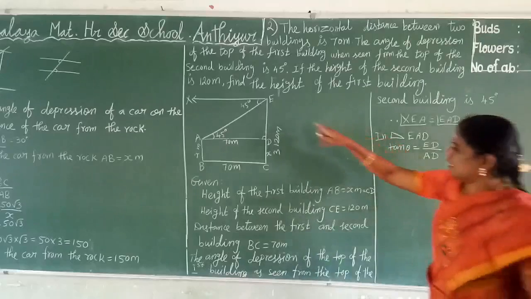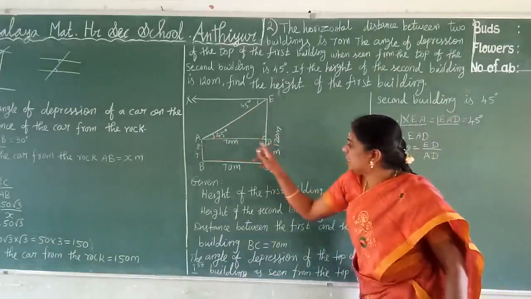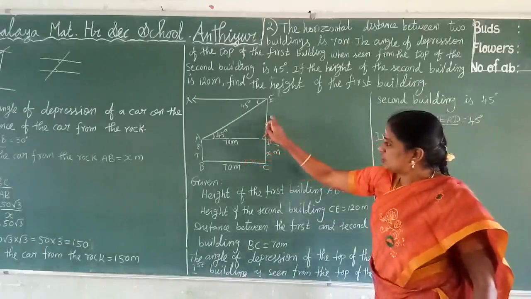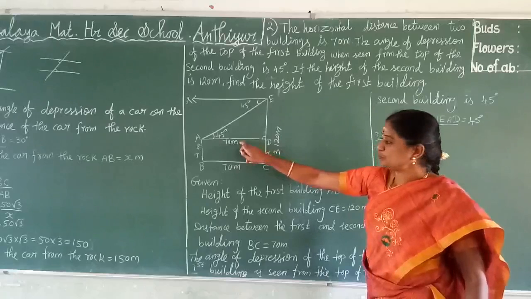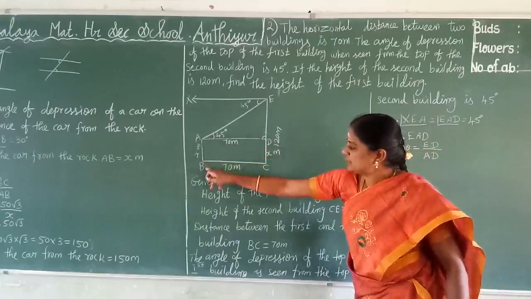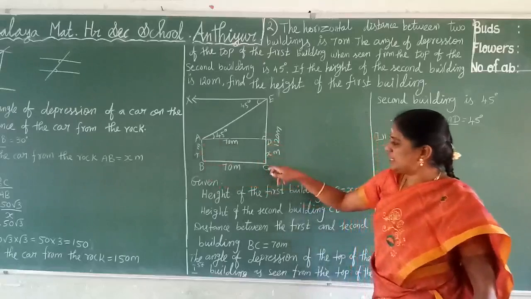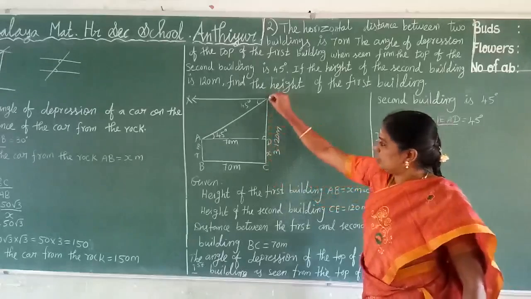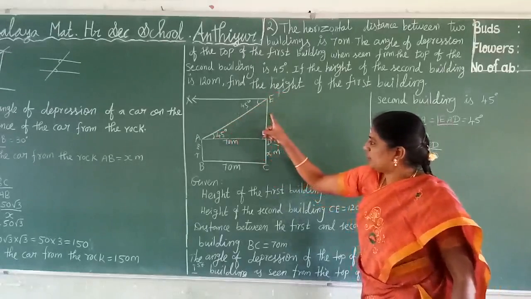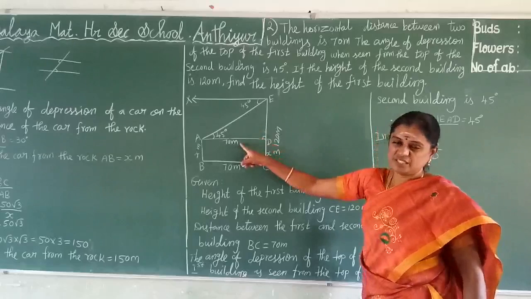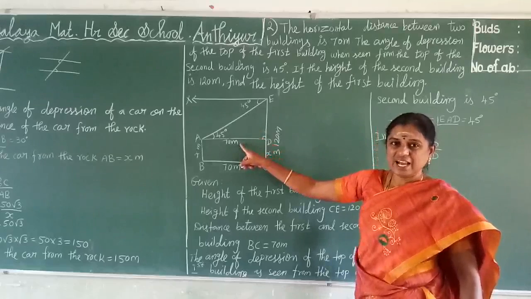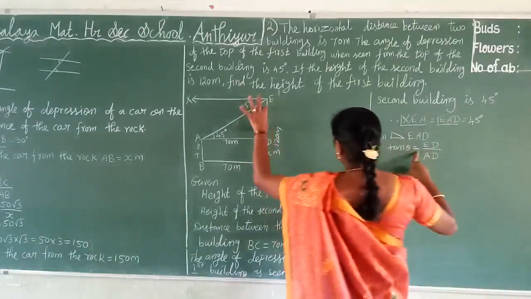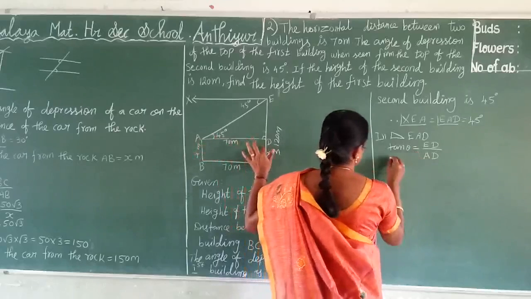Next we consider the right angle triangle EAD. In right angle triangle EAD, this is the opposite side, this one is adjacent. So you want to find this AB, which is the same as CD. Either one you find, AB or CD. So you consider this triangle, this one theta, opposite and adjacent we need, which ratio? Select tan theta. So tan theta is equal to opposite, what is it? ED by AD.